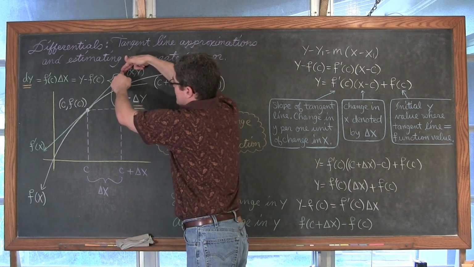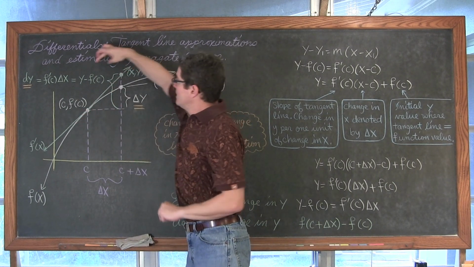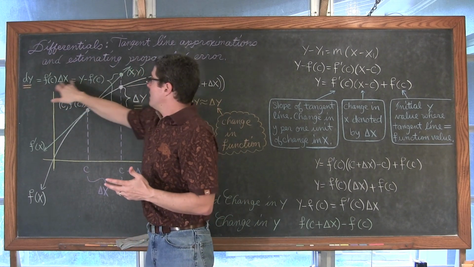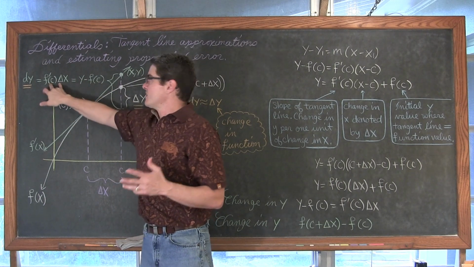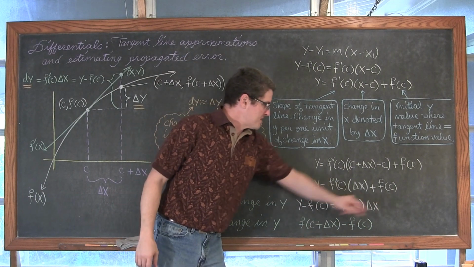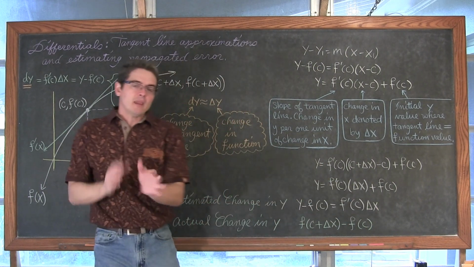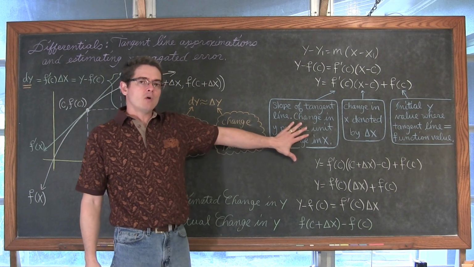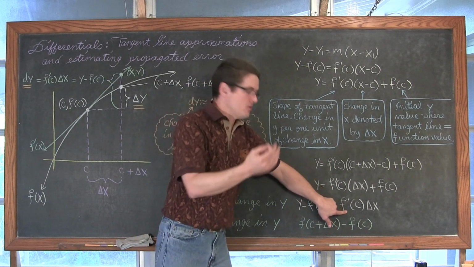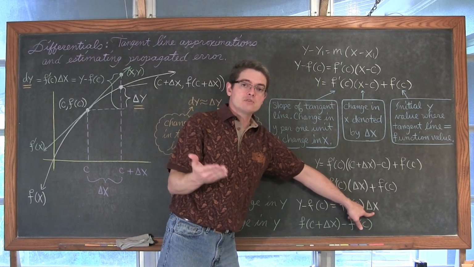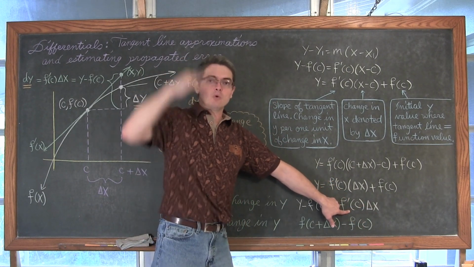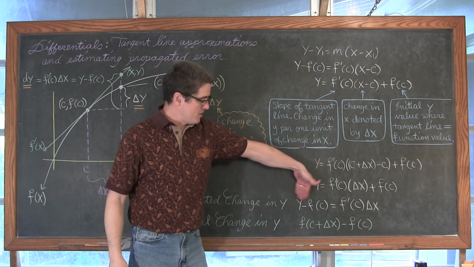y minus the initial y value of f of c is that change in the tangent line, which you might just see someone write these two equal to each other, not really understanding where that came from. Well, it just came from the equation of the line. It's right there. f prime of c delta x is equal to y minus f of c. And keep in mind this idea that slope is the change in the y value per 1 unit of change in x. So however much x is changed is how much the tangent line moves up or down based on the slope. And that's where you get your vertical distance from.